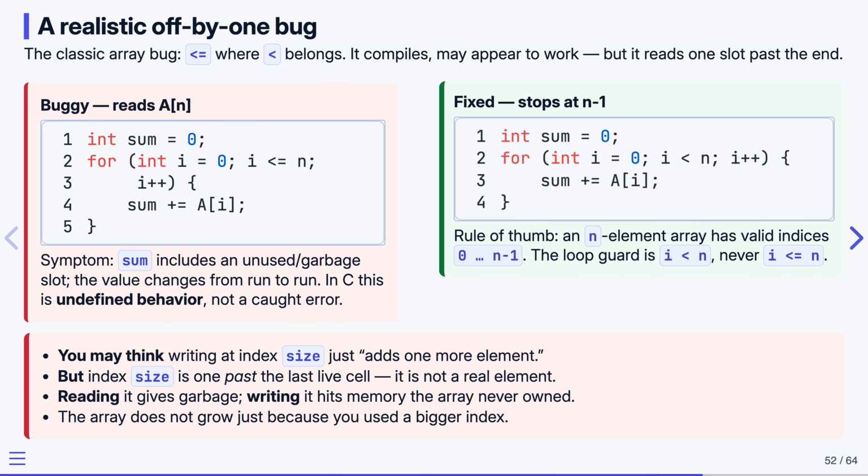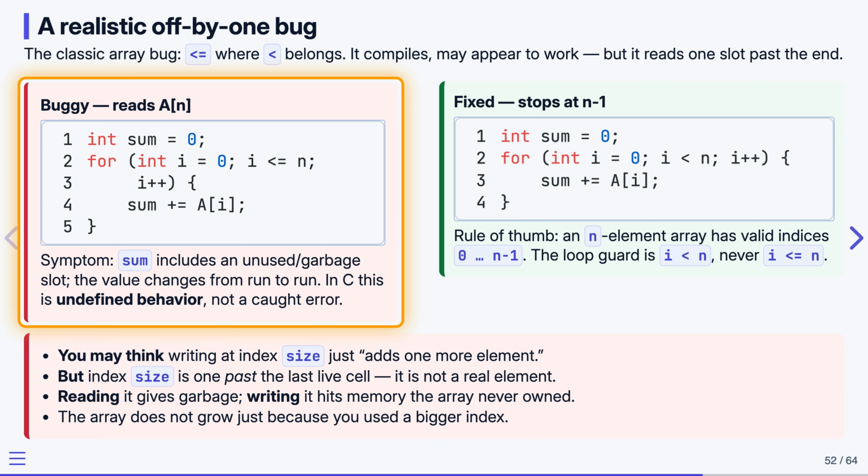Let us look at the most common array bug in C. It is called the off by 1 bug. The loop stops one step too late and reads one slot past the end of the array. This is the buggy version. The loop guard says I is less than or equal to n, so when I reaches n, the loop runs